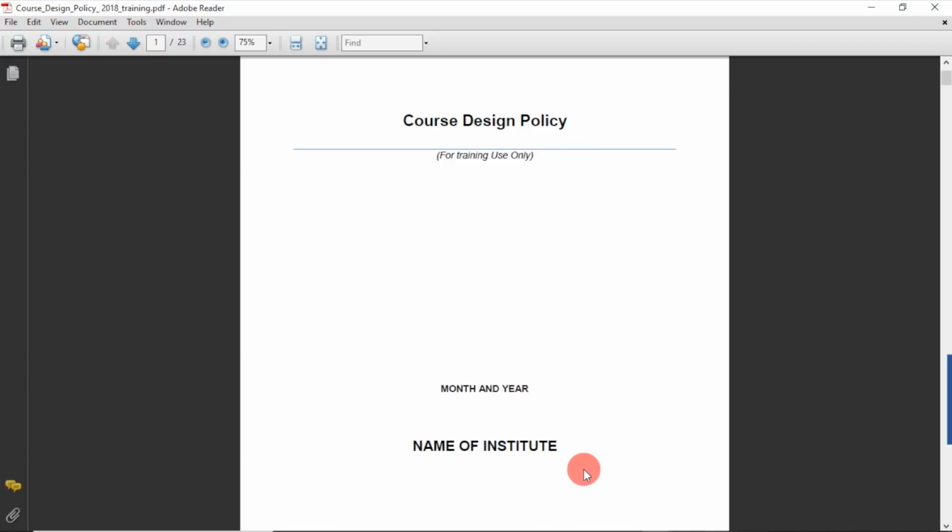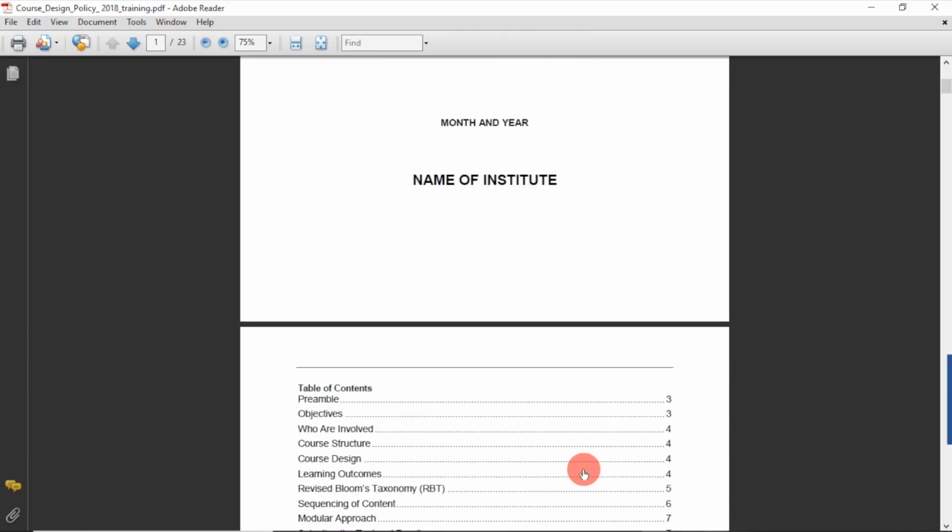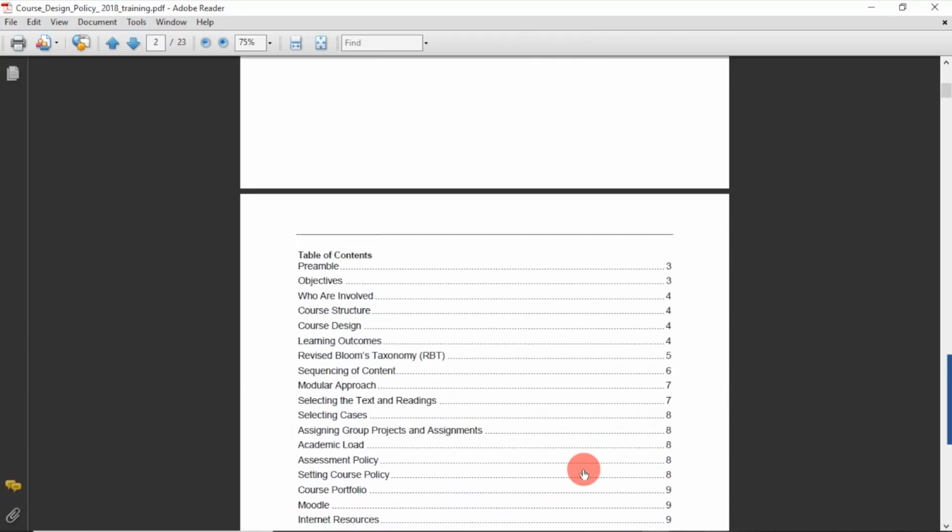Once this document is prepared and discussed among the board of studies at the university, or in the faculty council of the institution where the course is to be implemented, then this document has to act like a Bible for you, and you will not deviate from it for developing the curriculum. So let's go ahead, and you will see that this is a very scientifically and systematically developed document.